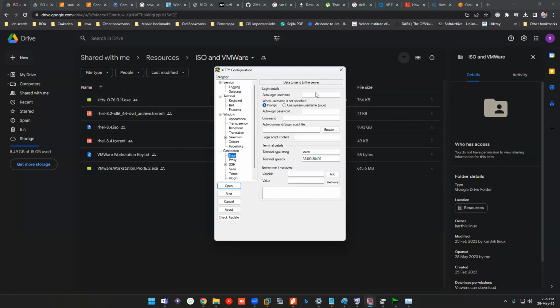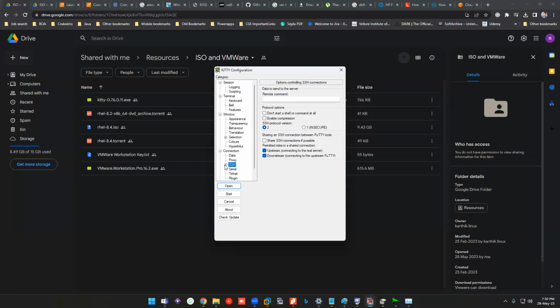Come to the data section, and this is where you will be giving the username and password. You won't see this password section in your PuTTY by default. I personally depend mostly on this auto-login password. Sorry, not root. In our case, we are going to configure EC2, so we use ec2-user, which is the default username. And since it is passwordless authentication, we will be configuring the key.